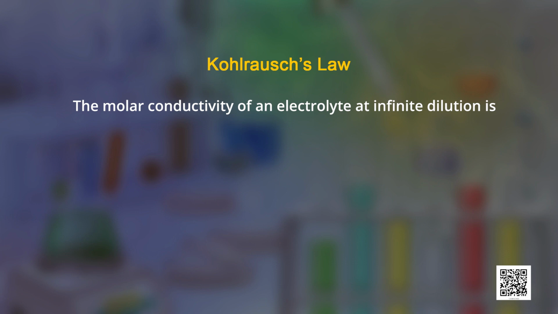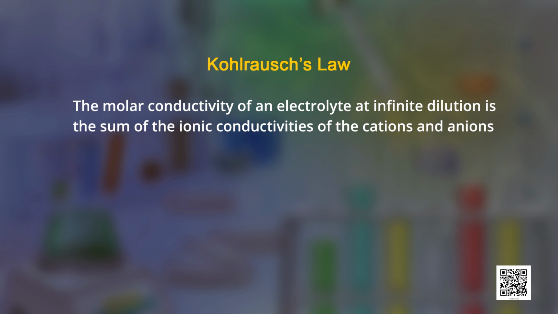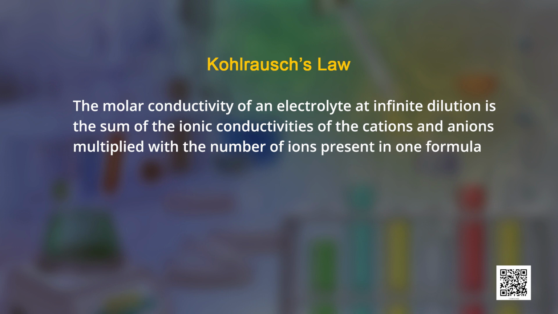Thus, the molar conductivity of an electrolyte at infinite dilution is the sum of the ionic conductivities of the cations and anions multiplied with the number of ions present in one formula unit of that electrolyte. Lambda m naught is equal to nu positive lambda naught positive plus nu negative lambda naught negative. We can thus calculate the limiting molar conductivity of a weak electrolyte by using the limiting molar conductivity of strong